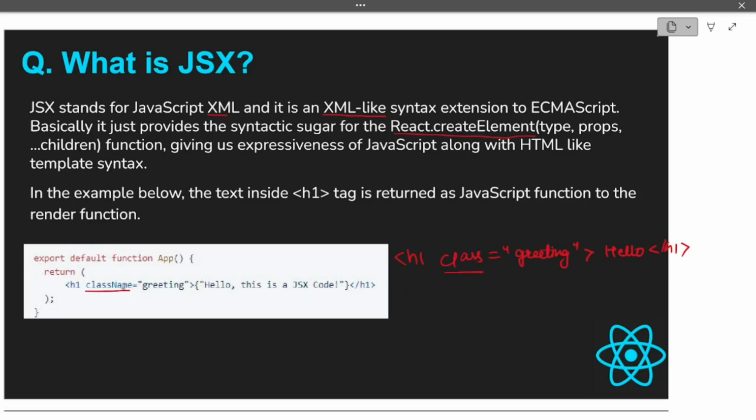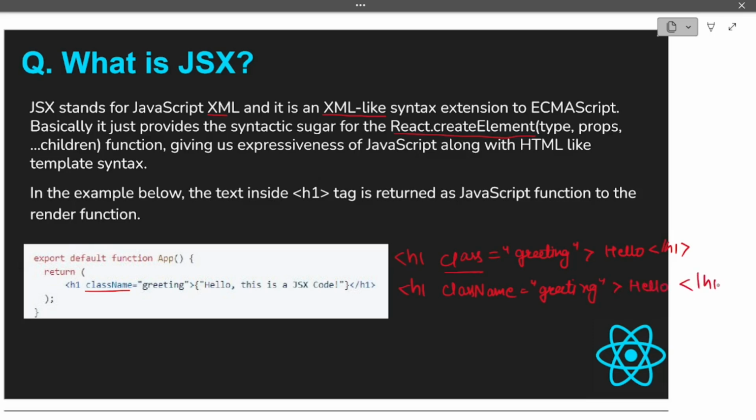This is very important. And after that, as usual, our class name, and then whatever we have to write, we can write in this way. It is not compulsory that you have to use curly braces and quotes. The other way of writing the same statement in React is like this. You can write className, and whatever class name you have to give, in this case let's consider greeting, and then the h1 is done here. And now, if you have to write a statement, you can even directly write it like this.